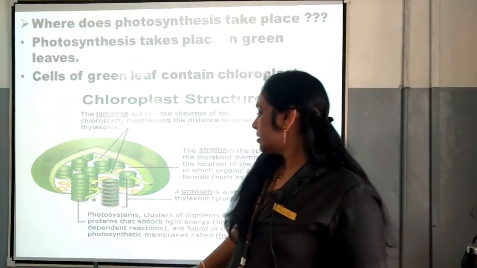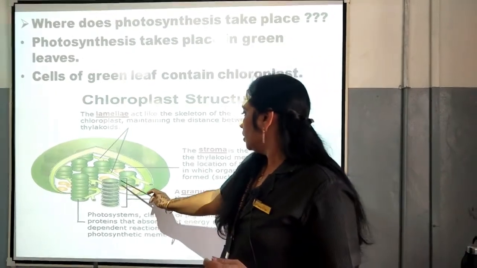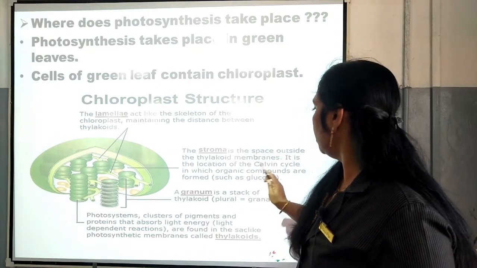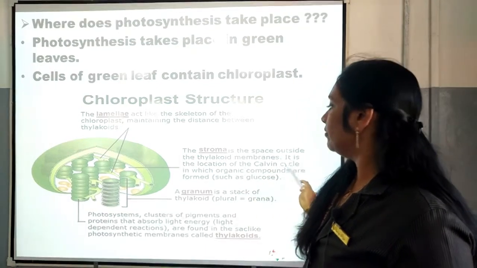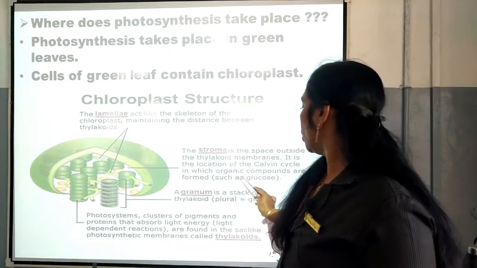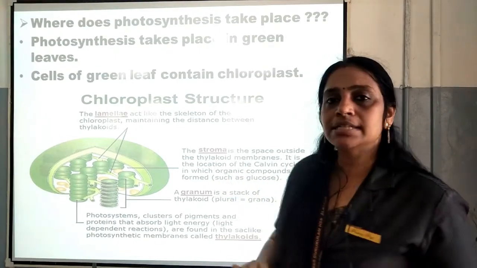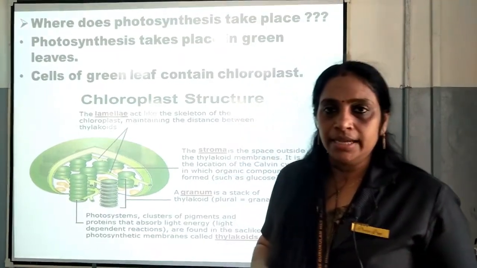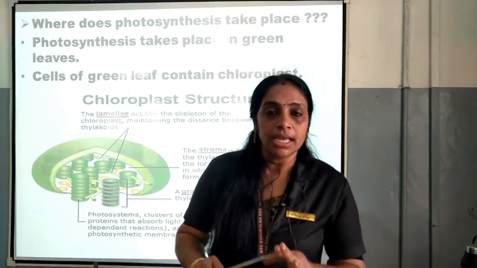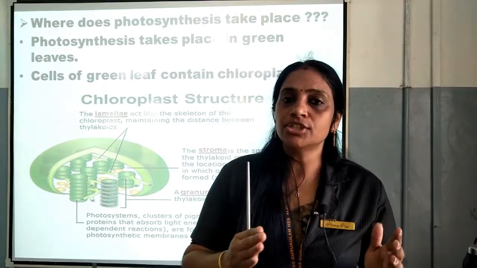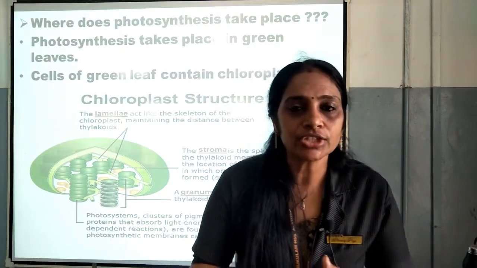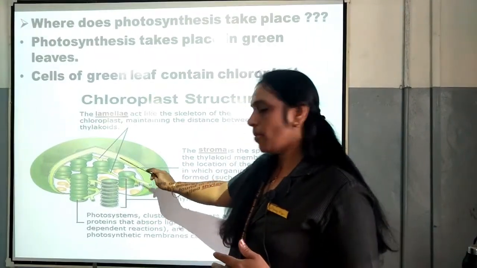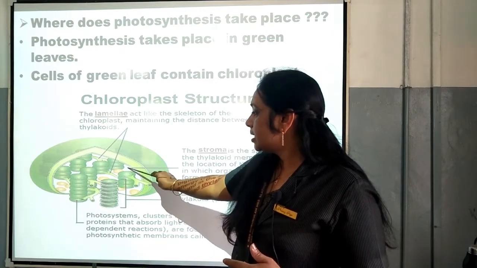Next, you can see here the stroma region. It is the space outside the thylakoid membrane and is the location of the Calvin cycle in which organic compounds such as glucose are formed. So in the stroma, the dark reaction is taking place. Already in 9th standard we have studied, there are 2 reactions taking place during photosynthesis. One is the light reaction, the other is the dark reaction. The dark reaction is taking place in the stroma, the space seen